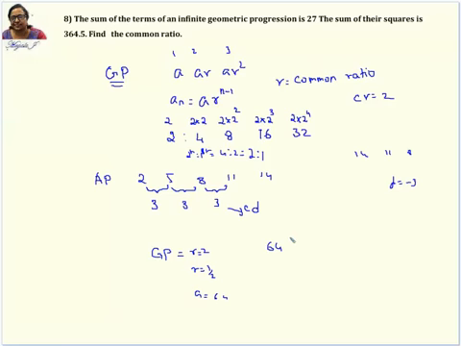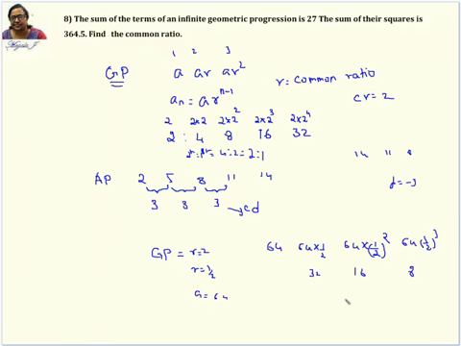What is going to be your third term? 16, ma'am. How do you do that? See, the second term is going to be 64 into r, which is 1 by 2, so it's going to be 32. The next term will be 64 into 1 by 2 the whole square. This is the third term. So it's 1 by 4, and 64 by 4 is 16. The next term is going to be 8, that is 64 into 1 by 2 to the power 3, which is going to be 8, and so on.